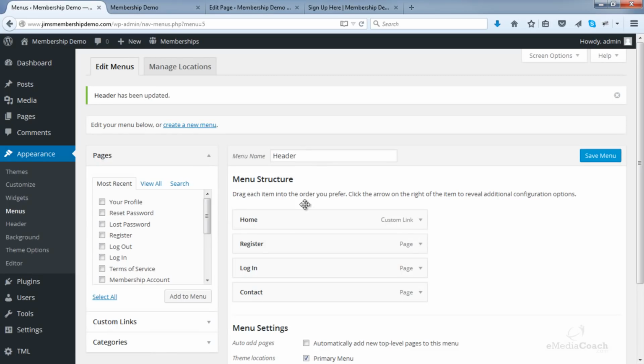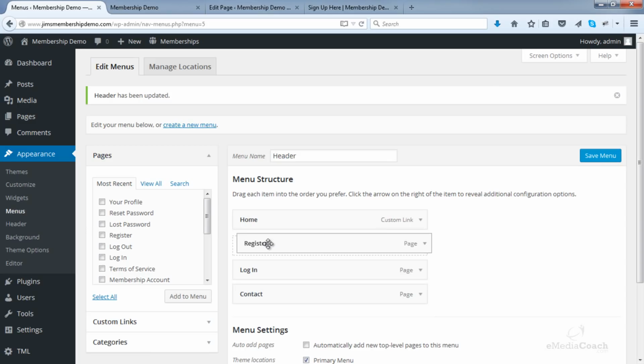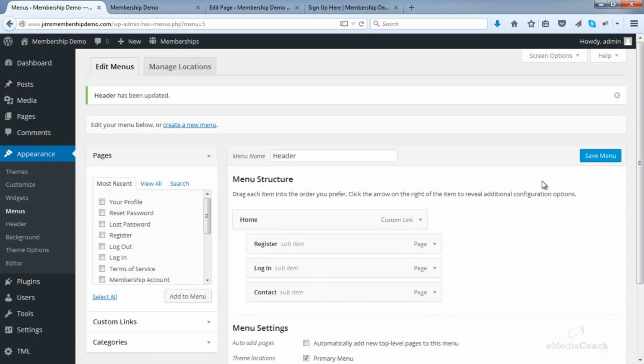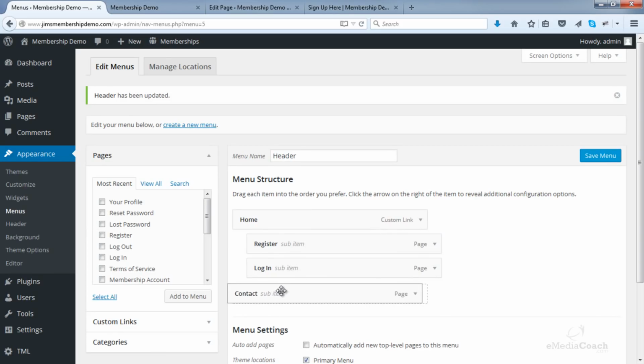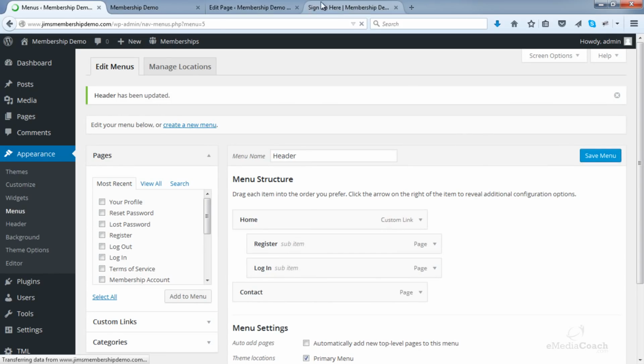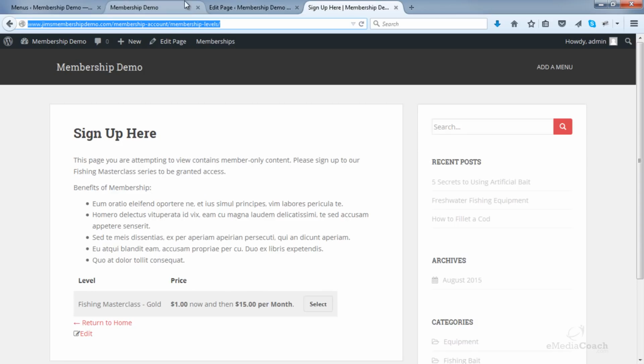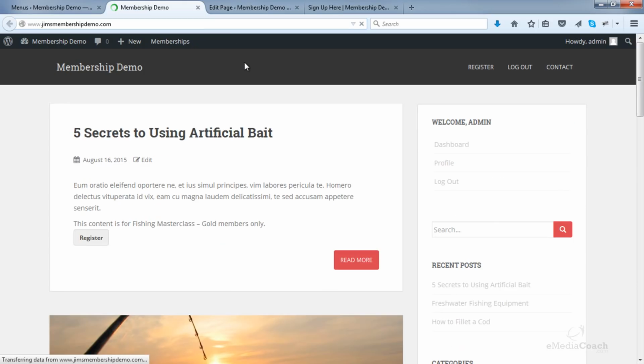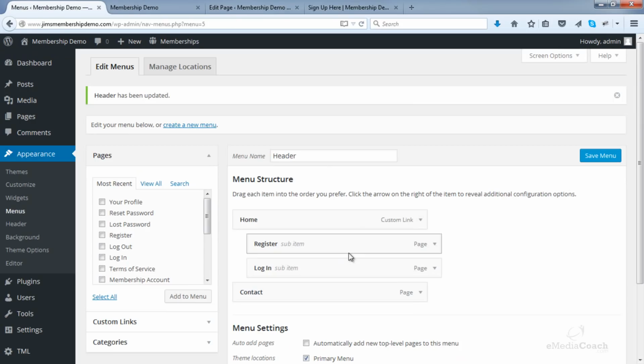If you wanted to create a drop-down menu, and this will be really cool later on if you've got categories that you want to add. This is just an example to show you how it works. There we go, that's a drop-down menu. Once again, you can rearrange items within the drop-down.